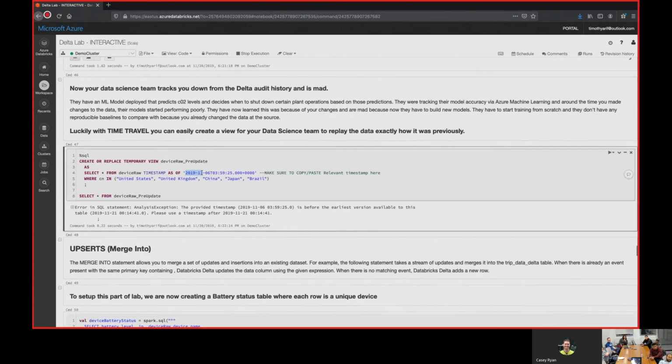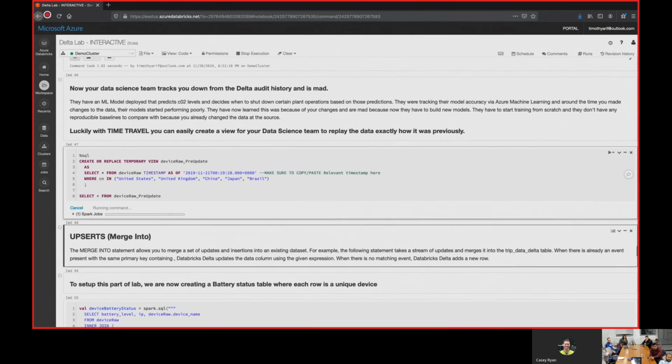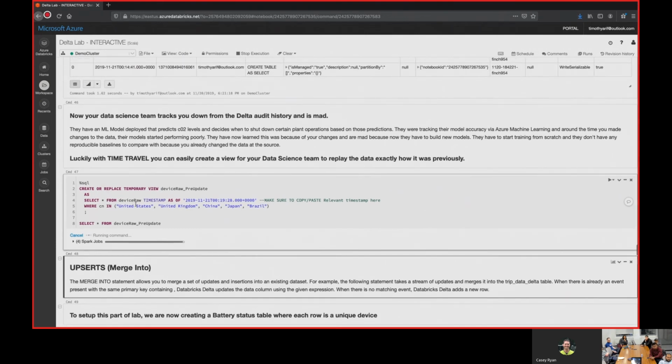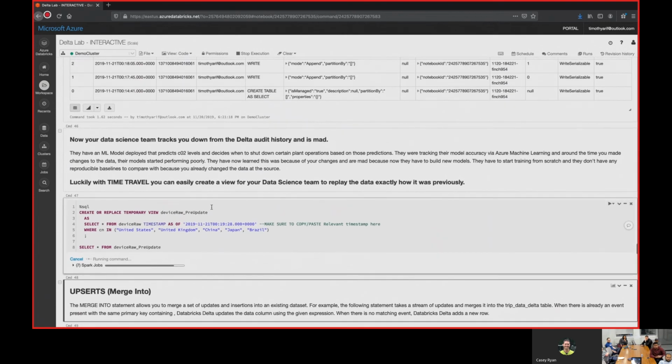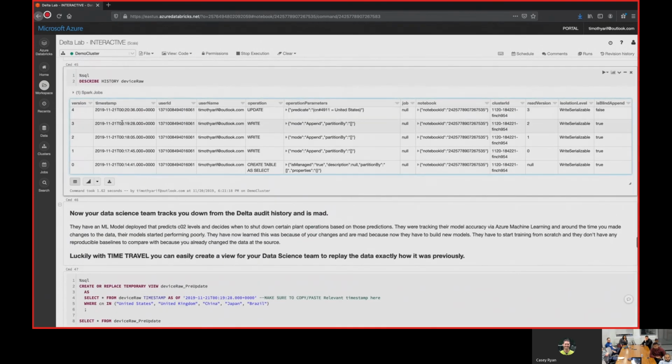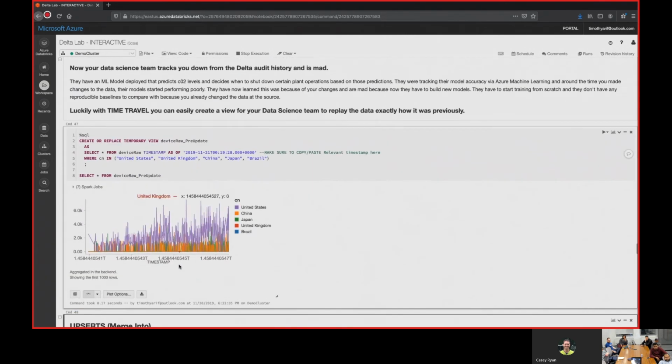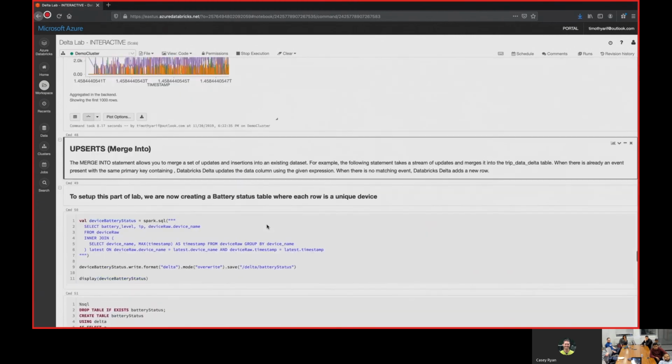So essentially what we're trying to do is set up the time travel query so we can look at the data beforehand, so we can go back and fix it. What I did was run a query on the device where the timestamp is of a certain date. I grabbed the timestamp before the update, and I'm running the query. So now we can see the US is back to normal of its terrible polluting self.